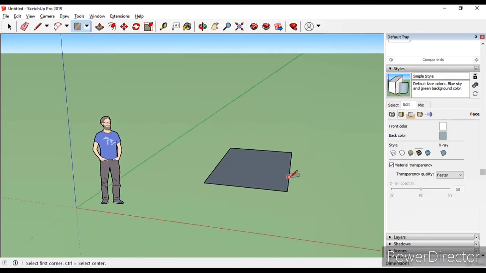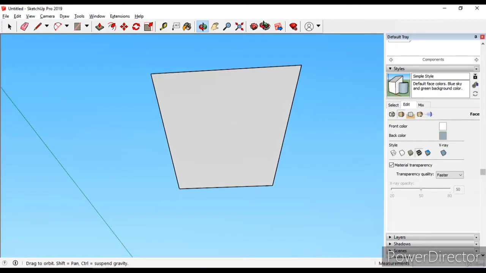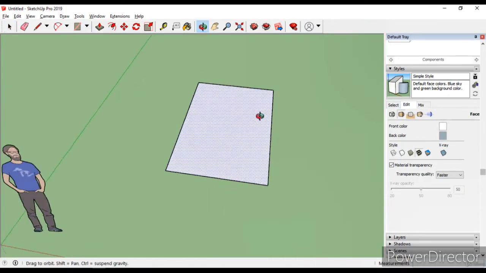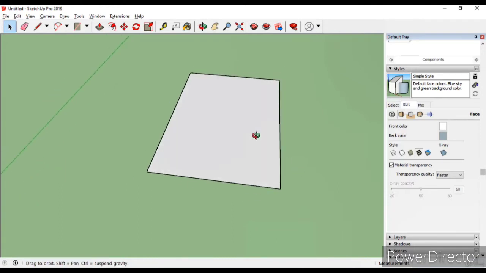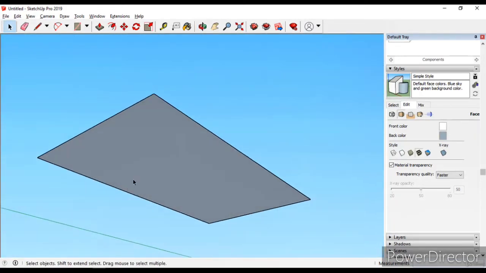As well as whenever we design any surface in the SketchUp, there are two types of surfaces in the SketchUp. There is a front surface and there is a back surface. If we see in the given viewport, this is the white surface, this is the front surface, which should always be in the front, and this is a little bit gray, we can say, and this is the back side of any surface.